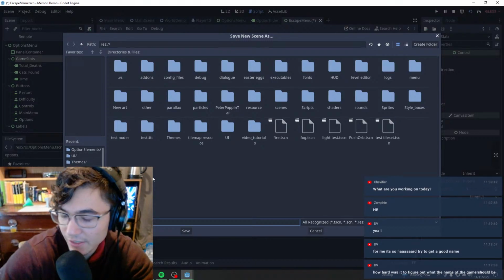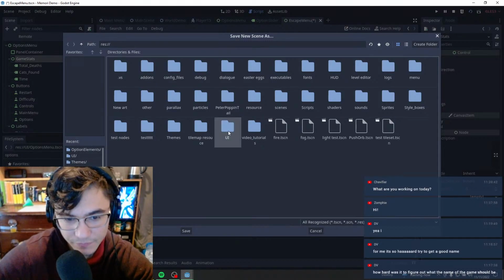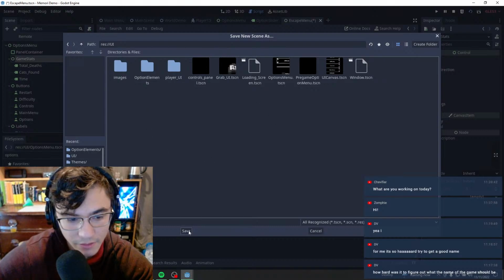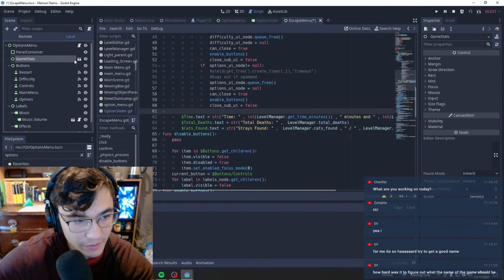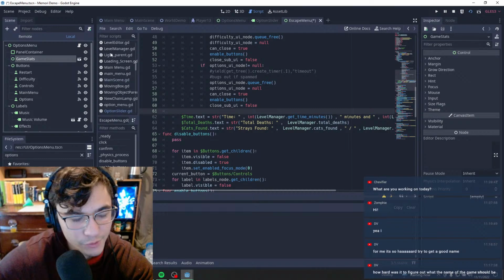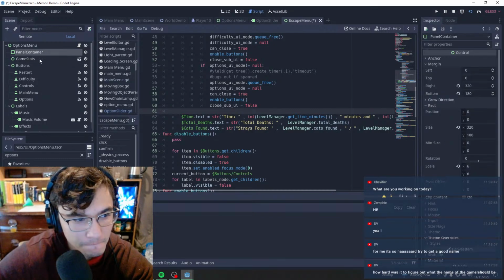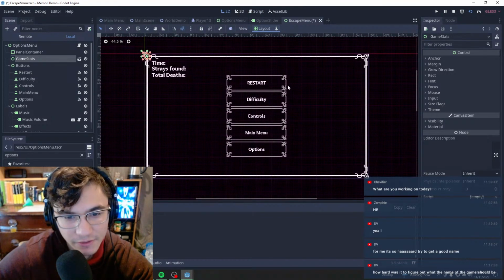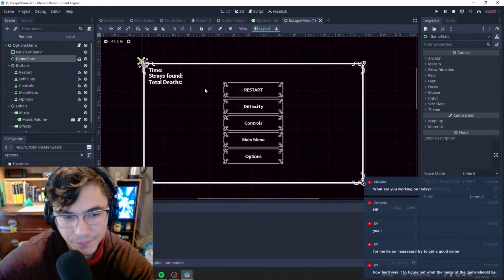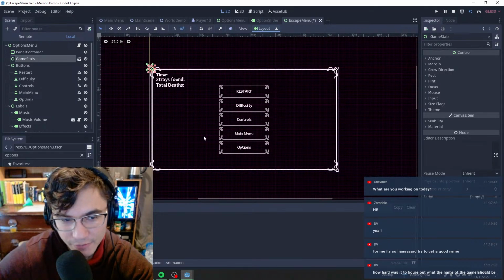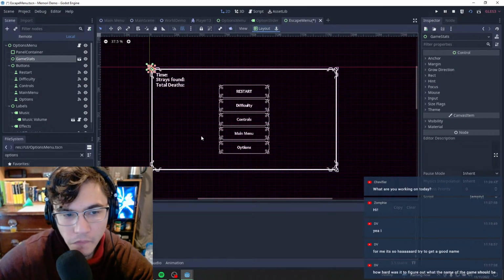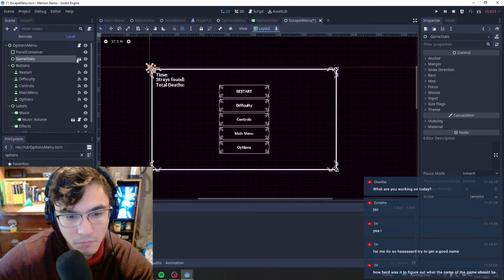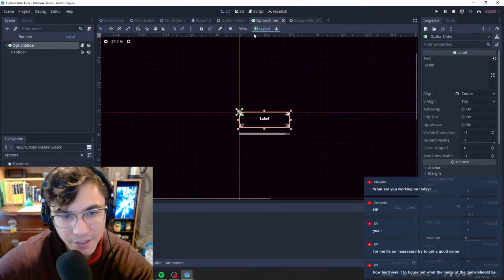What am I working on today? Just some UI stuff. Player UI. Yeah, we'll just save it here. Game stats. And then should we get rid of game stats? We could still keep it in the options menu. Not sure. It still does look a little intimidating. I might remove it. I don't know where we would put the game stats though. We'll figure it out. For now, in the options menu, let's make another